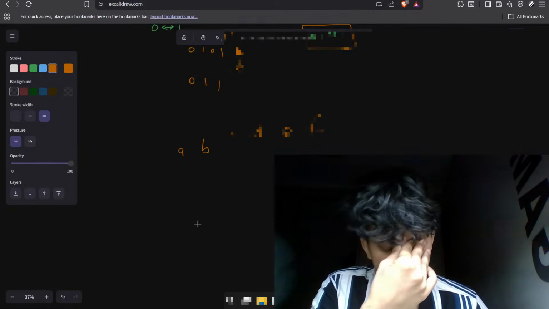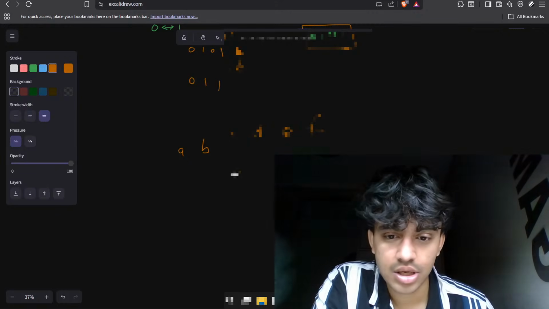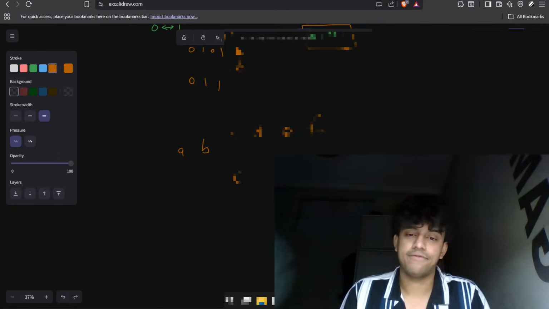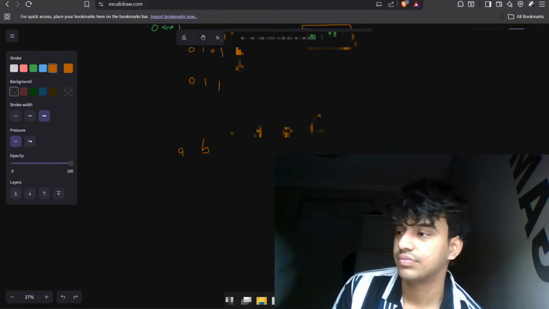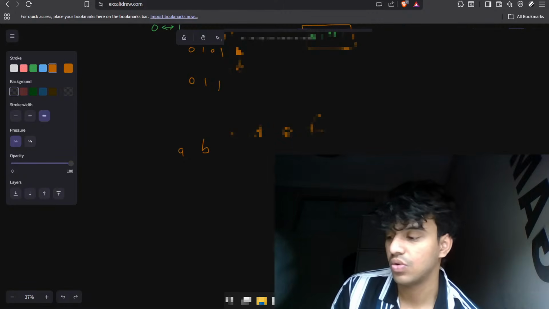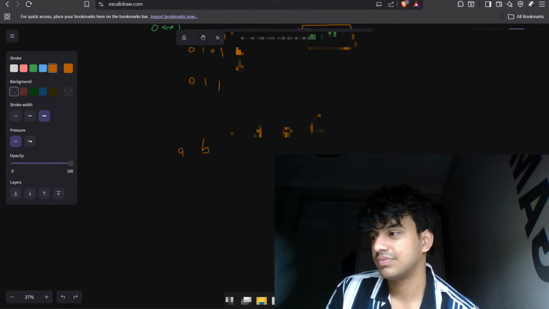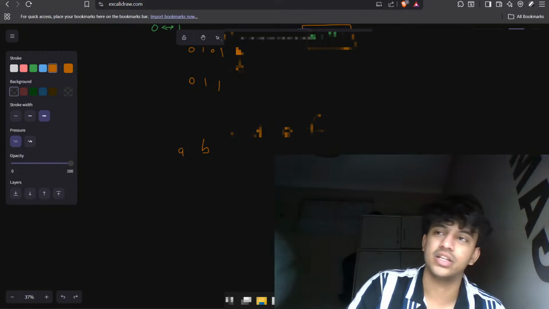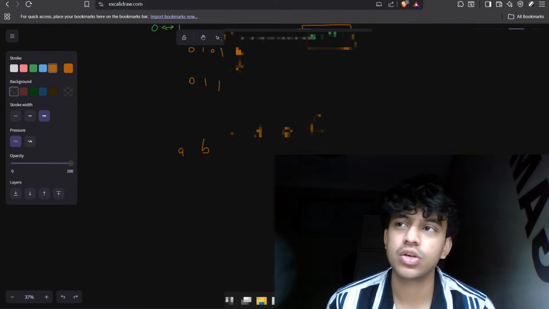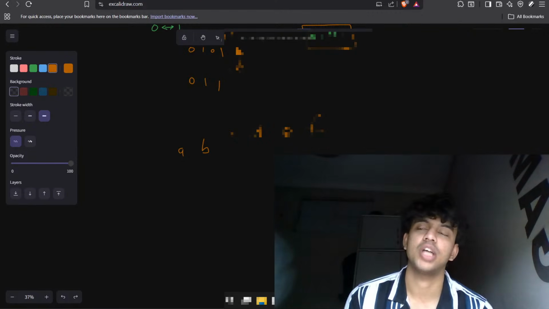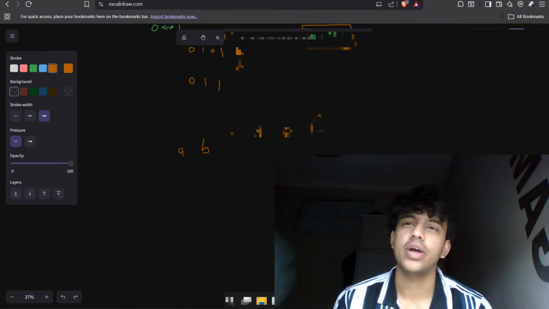How do we check that if a string is a rotation of another? C, D, E, F. Bro, I don't know how to check this. Either all should be equal or none should be equal, and on sorting it should come out the same. Hmm, all equal or none equal. Okay, I think